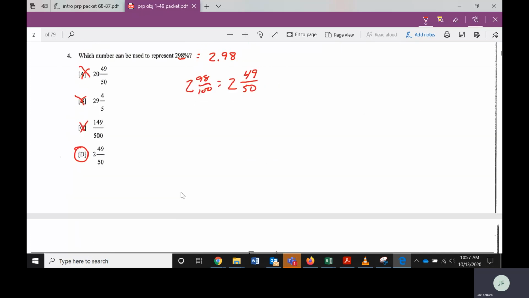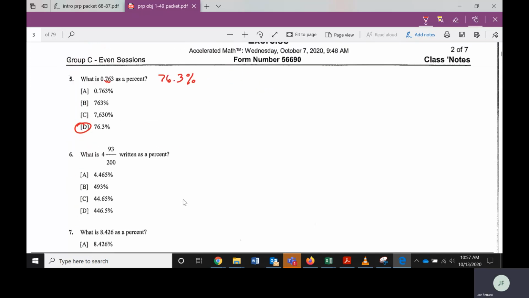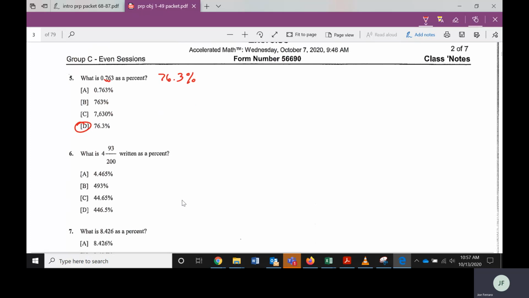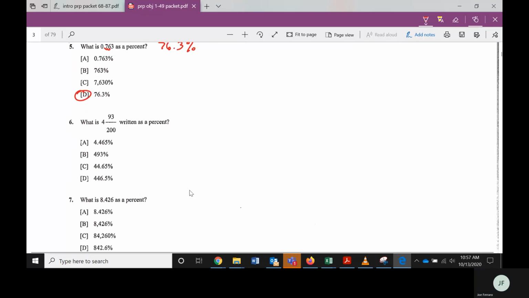Number 6, I think that's this. Oh, we've only done one of those. Let's do one more of those. So we know the whole number portion is 4. Then we divide this part to get the decimal portion. So let's change this to a decimal first. So you take your calculator, 93 divided by 200 equals